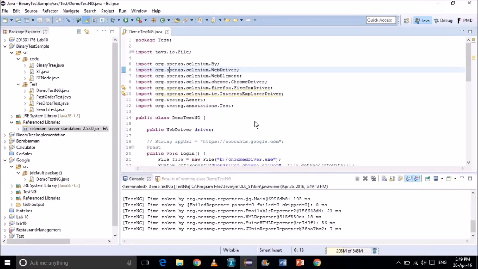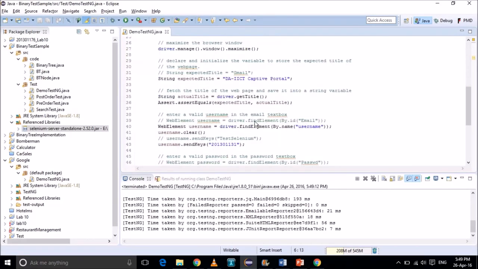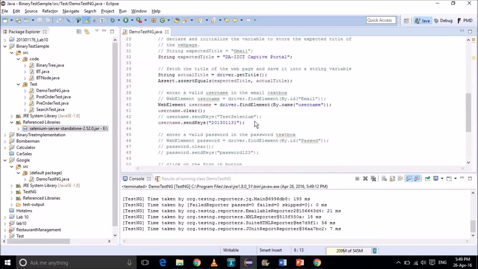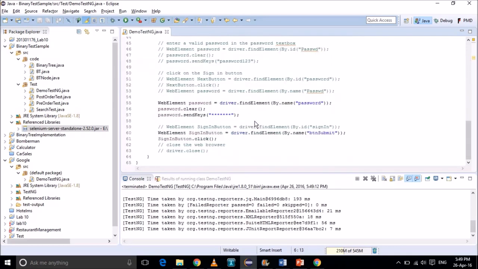So this is basically how you can test websites' GUI using Selenium. You can open web pages using the WebDriver, and then you can find elements, click on them, and add fields to them. This is how GUI testing works in TestNG.